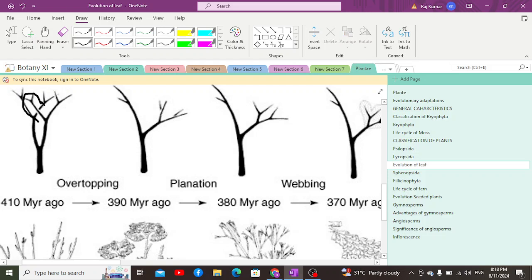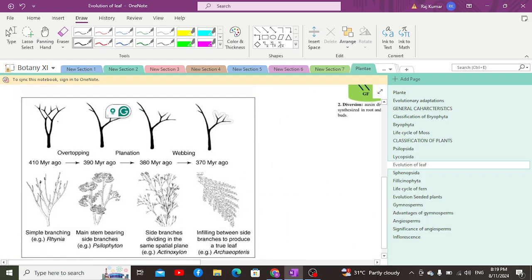These are unequal planes. We call those unequal dichotomies, because we have previously understood that dichotomies are those branches which divide into two branches. So that structure is considered to be dichotomously branched. Moreover, the structure of Psilophyton is also having dichotomous branching in its rhizome. As shown in this diagram as well, Psilophyton has dichotomous branching, particularly